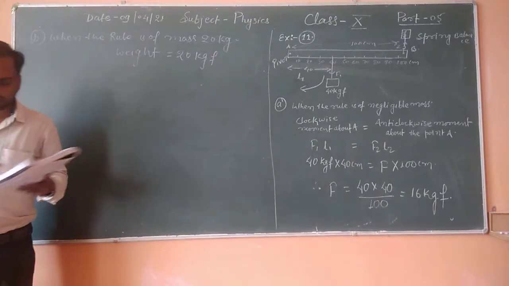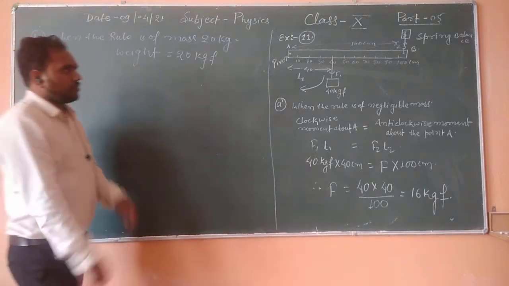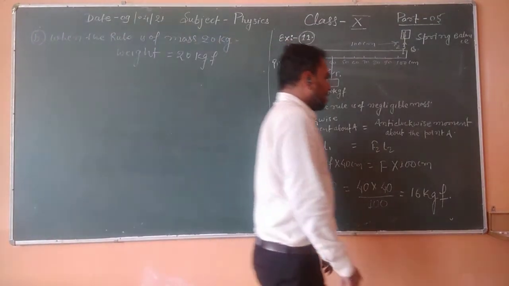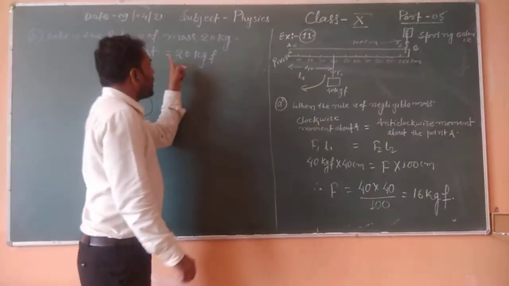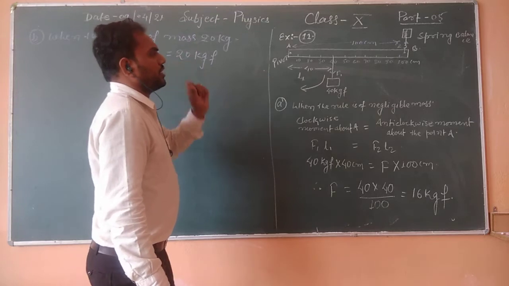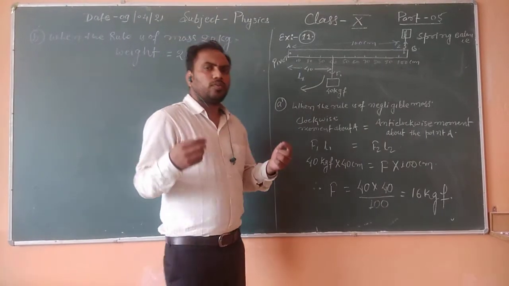It means that if the ruler has a mass of 20 kg, the weight is always